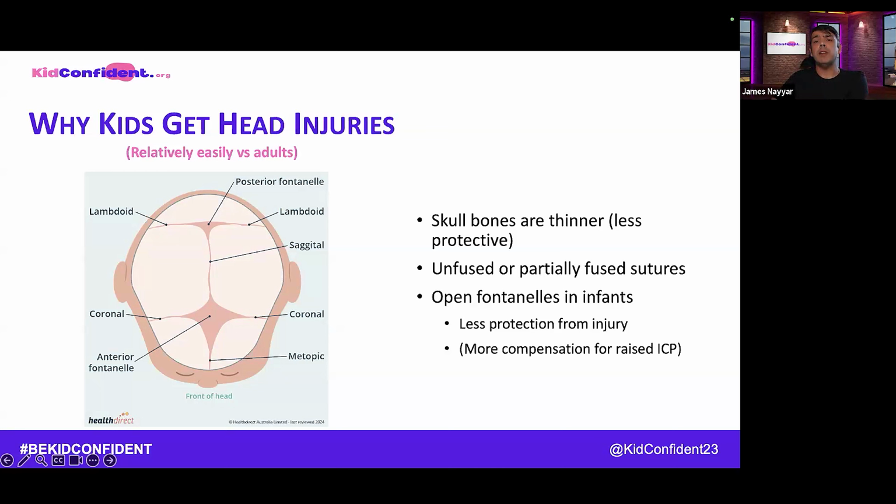But then these cranial sutures, the little gaps between the bones in your skull, stay flexible until almost early adulthood when growth stops, and they may not fully fuse actually until people are 30 plus. And that might be protective after injury, but it still makes brain injury more likely to happen too. And there's less protection around the brain and the meninges, and a more compliant skull, which may be protective for raised ICP to a point, as I've just said, because it can stretch, but it changes how we detect raised ICP, as